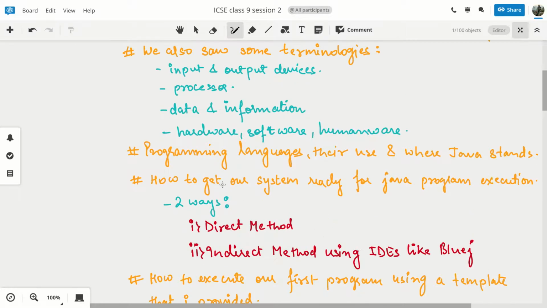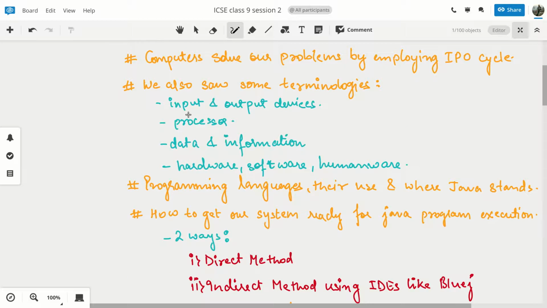Then we saw why programming languages came into existence, because to take help from the computer to get your problem solved, you need to interact with the computer, and for that purpose you need one language which can be mutually understood by both. So we had the evolution of programming languages, starting with machine level language and then, with the evolution of computer further, assembly language, and finally today we are using what is known as high level language. That chart, if you remember.